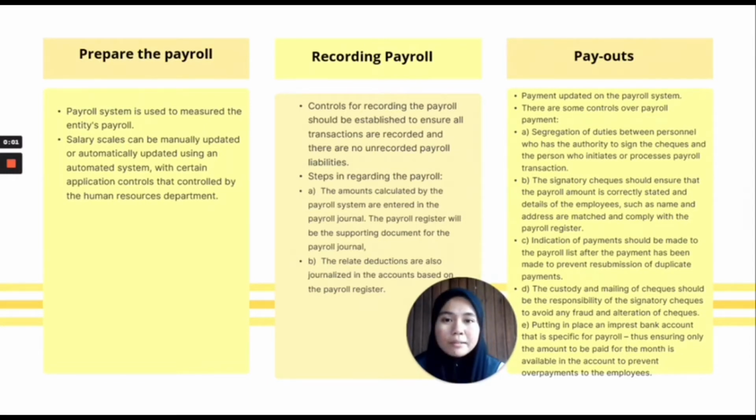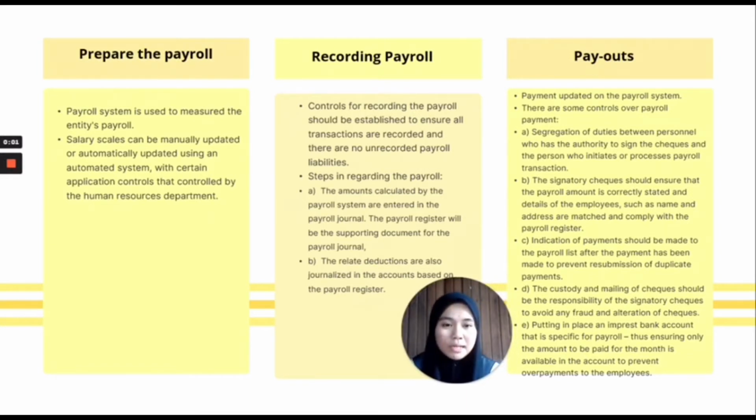In this part, a payslip will be provided to accompany the payroll checks or electronic direct bank transfer. Employees can refer to the payslip so that any differences can be reconciled with the Payroll Department or Human Resources Department. In addition, an independent check on payroll details by appropriate personnel will be carried out to avoid any misstatement.